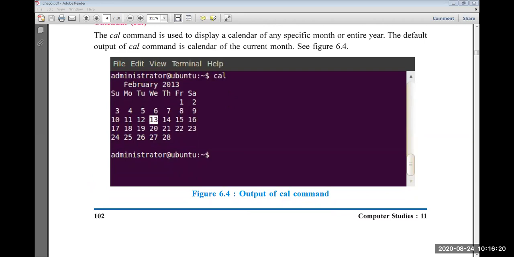We need to find out whether cal is an internal or external command. What we did: type cal. So this type will tell you which type of command cal is. Is it external or internal? If you see here, cal is in the bin directory. So this is an external command.